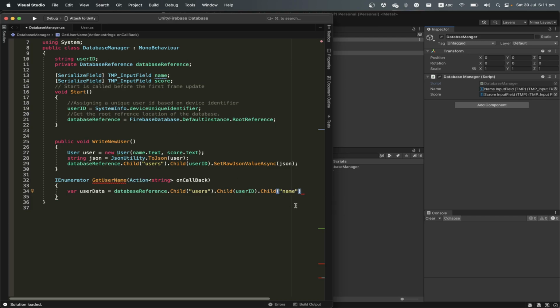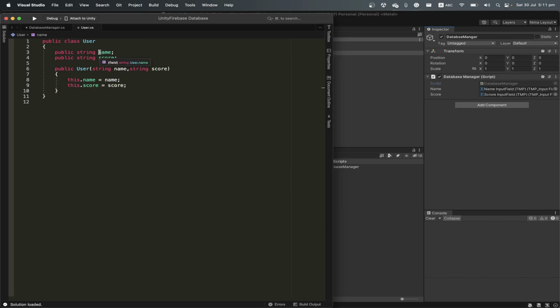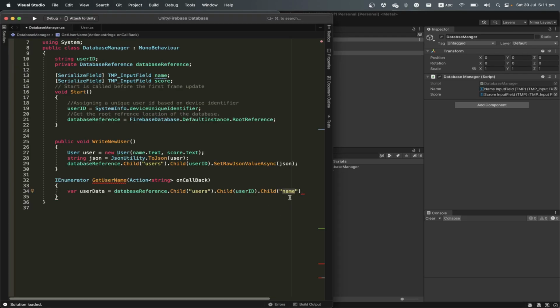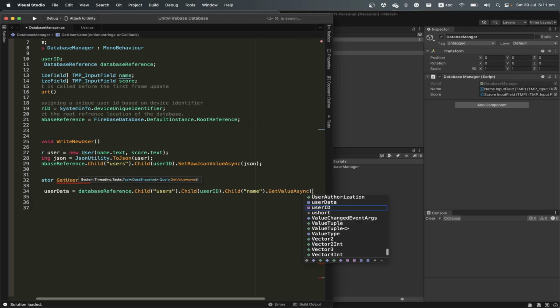This is very important: the naming needs to be exactly the same. Here I have underscore name, and in the database it is also saved as underscore name, and when you want to get it back, it needs to be the same as well. So I want to get the value,